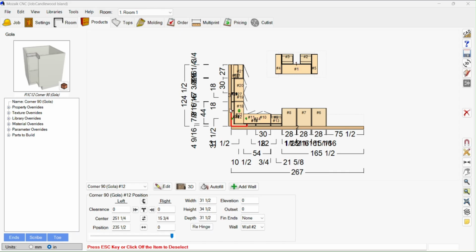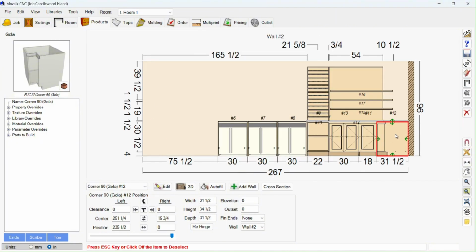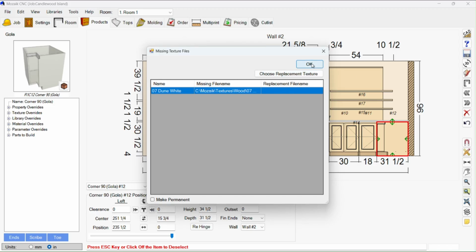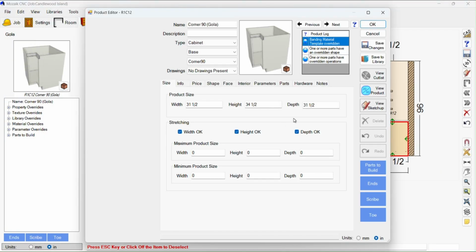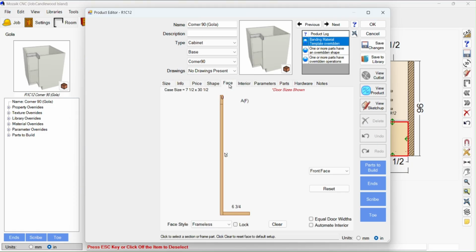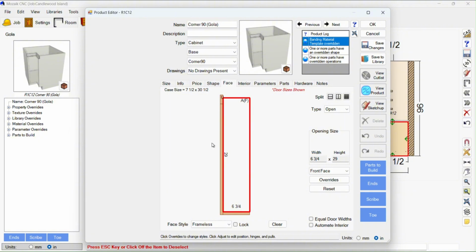So if we're looking to add a face to any of the cabinets, a corner cabinet in this case, let's go ahead and click the elevation view over here. You can also press Control Shift E, but that'll give us this view of it. Double click it. Might want to replace that texture if that slide comes up. Double click it, and then from there, come to the Face tab, and you see Mozaik doesn't really give you